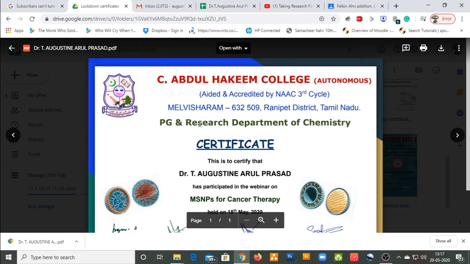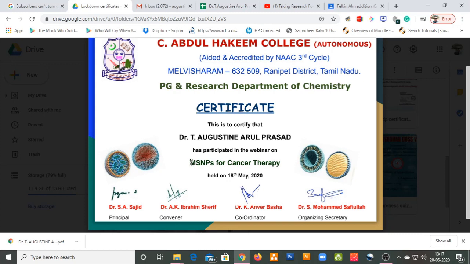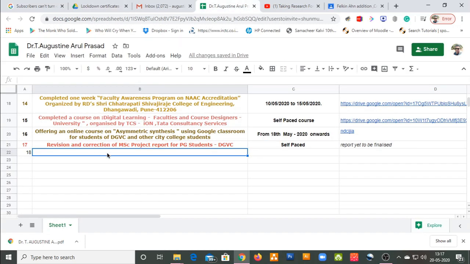and if you want to copy down anything from the certificate, you can copy it and paste it in your Google Sheet. Many certificates are enabled so that you can copy it. And if you're unable to copy, you can type down the data.